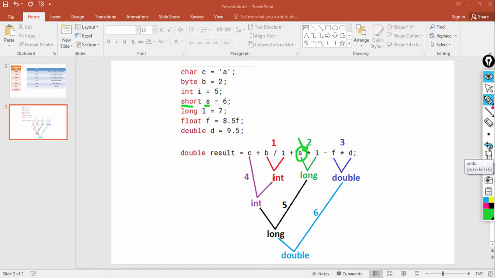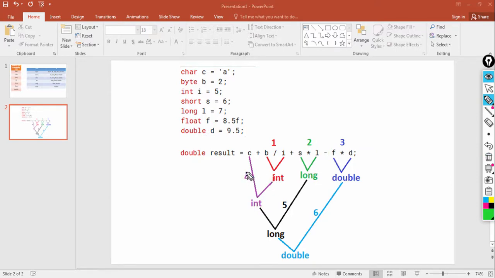The value which is held by S will be converted to long, and the final result will also be a long, okay. Then in step number 3, the multiplication will happen between F and D, okay. So F is of float type, so it will be promoted to double, okay. That means the final result will be double.